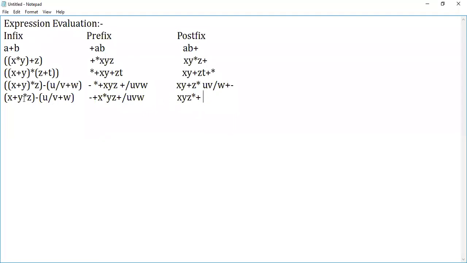So this is very important. First these two will be evaluated, then x is added. Do this first, then add x to it. Don't change the order of it. Don't place x here. You can't change the order of a variable. Okay, this is done. And the second part is the same, guys. The second part will have u v divide and followed by w plus. And then you're doing subtraction of this particular element, right? So you're going to mention minus. Okay, this is how you're supposed to write the postfix expression.